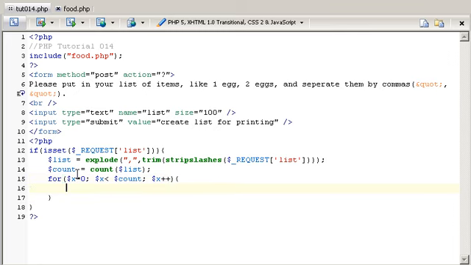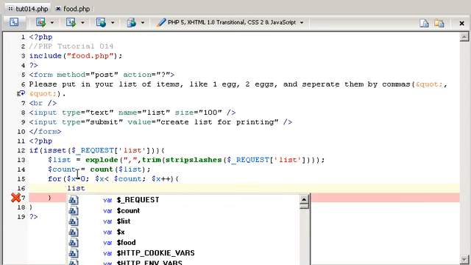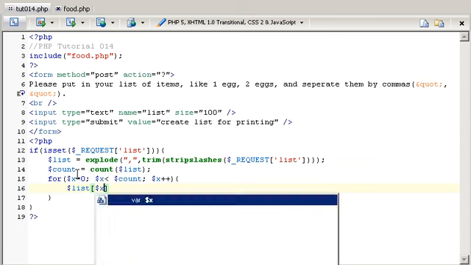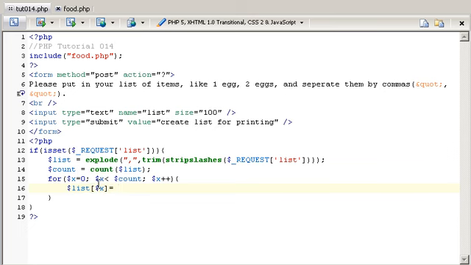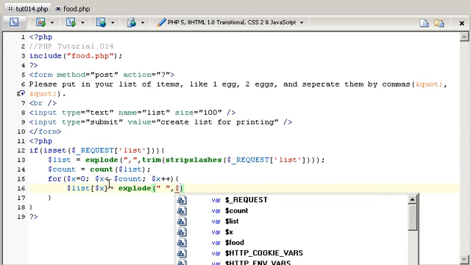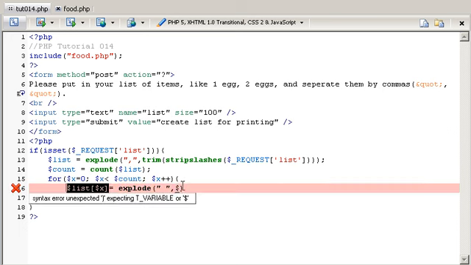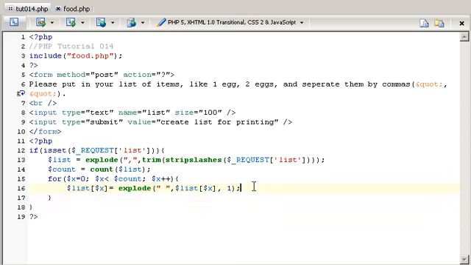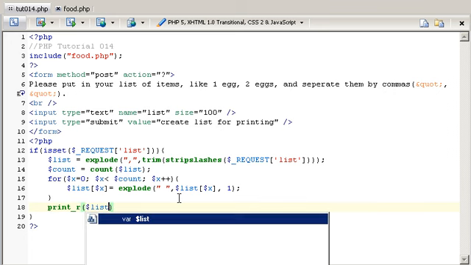I'm going to go through this list and say $list, and then in brackets $x equals explode, and then I'm going to put a space. I'm going to put this same list variable again, and I'm going to limit it to only explode once and not more than that. Now I'm going to print the list